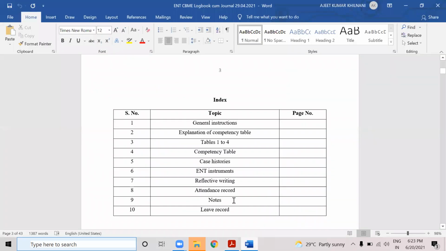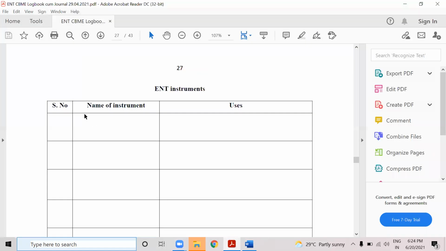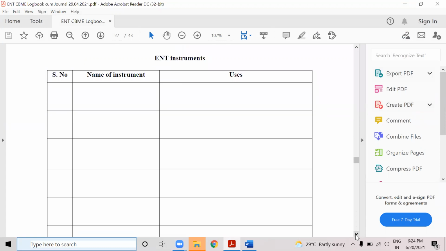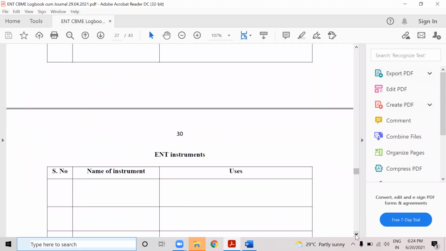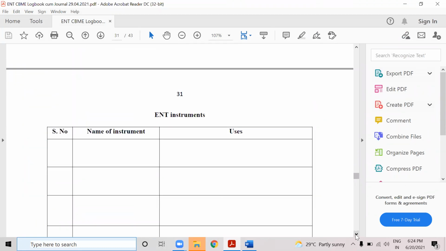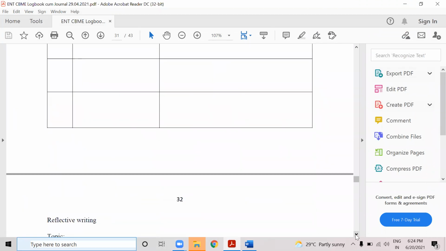Then another important point that we ask from the students in the viva or clinical examination in ENT are the instruments. So I think that instruments again are important. So some pages I have reserved for instruments, in which they will write just the name of the instrument and the specific use of this instrument. So 3 or 4 pages I think I have kept for instruments also, that can be reduced or increased. I have kept here 5 pages for instruments.